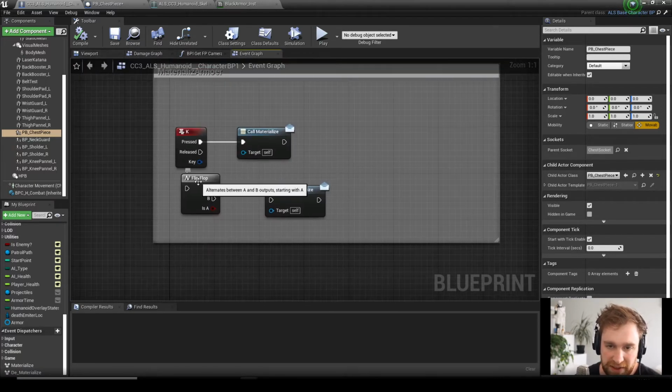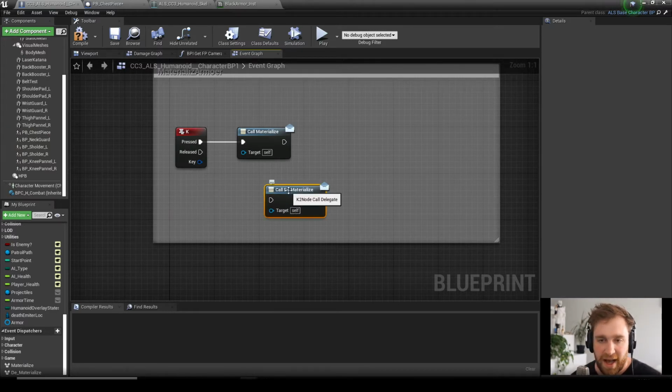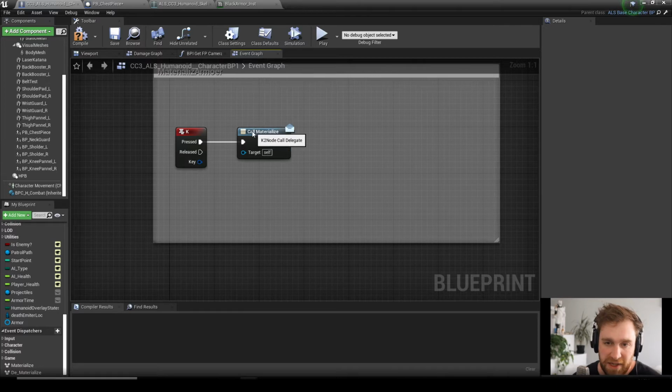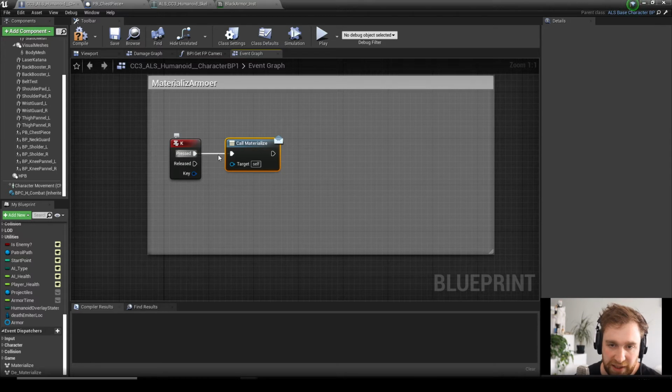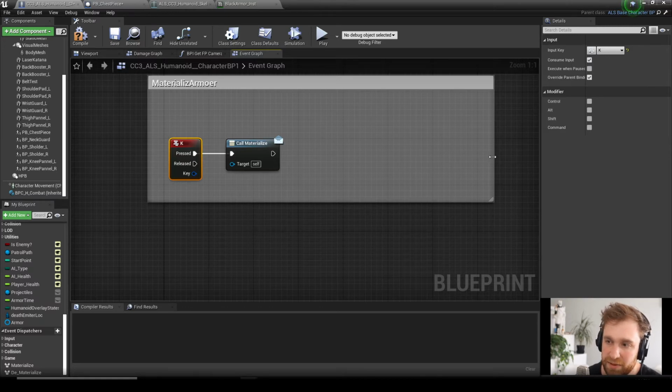So as we can see in here, this really simple trigger. I was working with flip-flops, but I thought I kind of want it to be automated when the armor turns off, because the length of time that you get to keep the armor is a good buff to be able to add in. So basically when you press this key, and this will be an action input at some point, so it's not just a key, but that's what's kind of nice about these